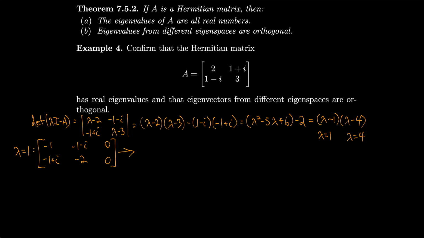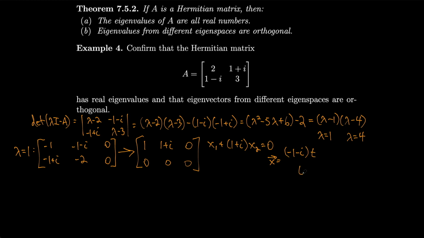Okay, so we can divide this by minus 1 to get a leading 1, and notice we can take 1 plus i times that to cancel this row and get zeros. So we have 1, 1 plus i, 0, 0, 0, 0 on the bottom, which means that x1 plus 1 plus i times x2 should be equal to 0. So I get an eigenvector x equal to minus 1 minus i times t